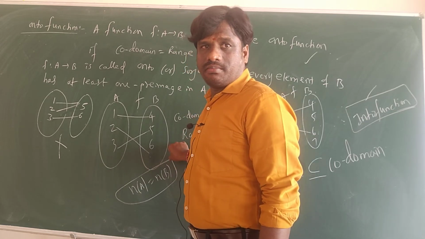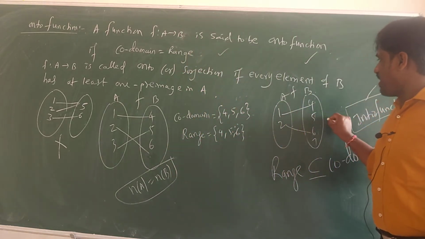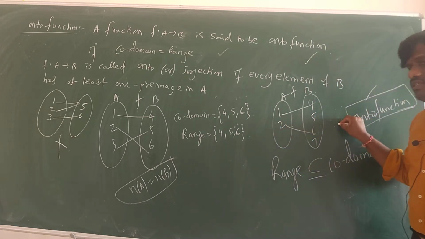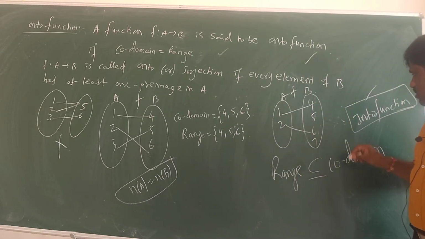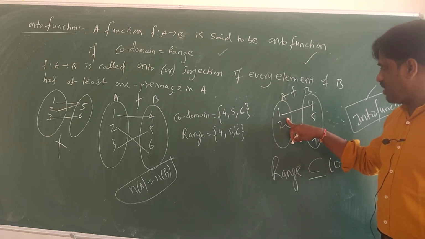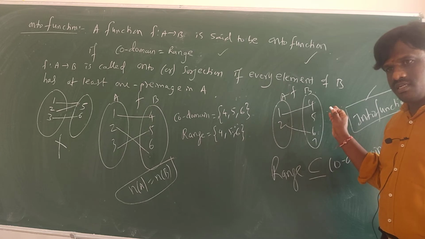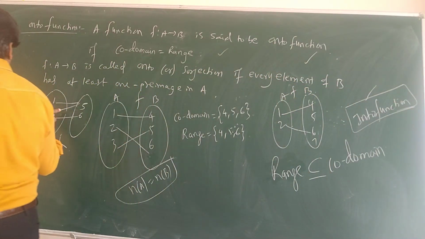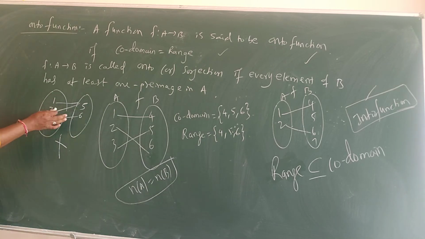Number of A is equal to number of B. In this case, no. Is this a 1-1 onto function? No. So you cannot see this. In this case, what you are seeing is number of A is less than number of B. The number of B is more. Right. In this case, is this 1-1? Sorry, it is onto. Is this onto?